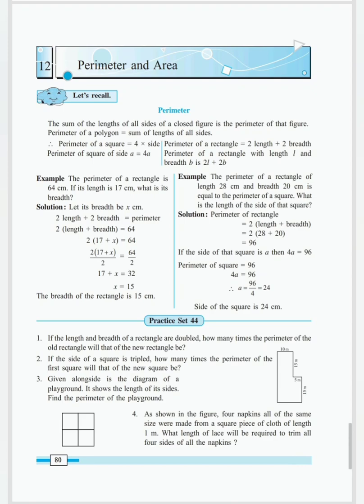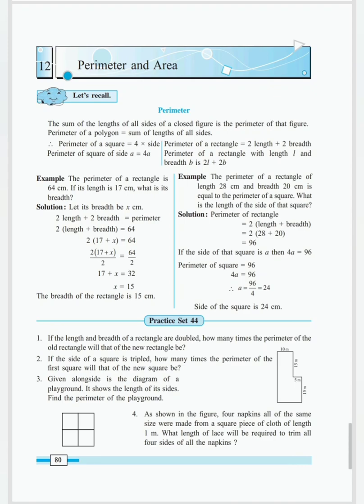In today's class, we have started with the new lesson, perimeter and area. We have also discussed a few examples regarding perimeter and area. What is perimeter? To find the addition, or the sum, of the outer boundary of a given closed figure is the perimeter of that figure.